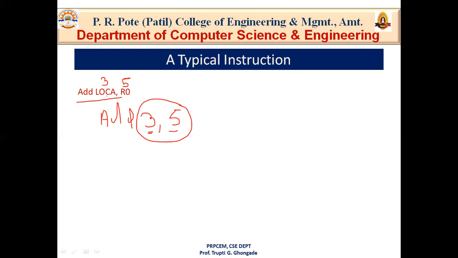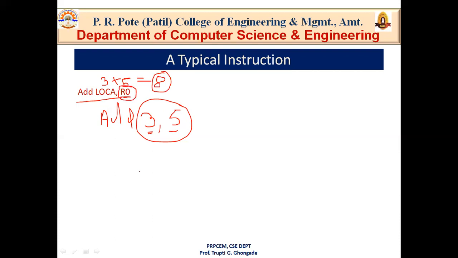Okay. So this instruction adds the operand at memory location A. Which operand is stored at memory location A? 3. To the operand in a register in the processor. Now this R0 is your general purpose register, which temporarily holds the data. So your 5 is stored at R0, and places the sum into register R0. It means that after performing addition on 3 and 5, your output will be 8. So this 8 will be stored at